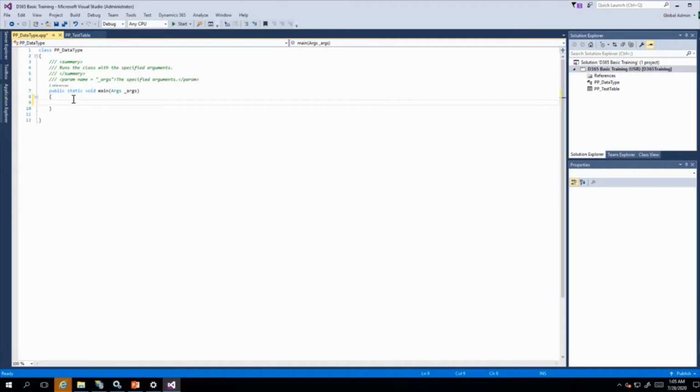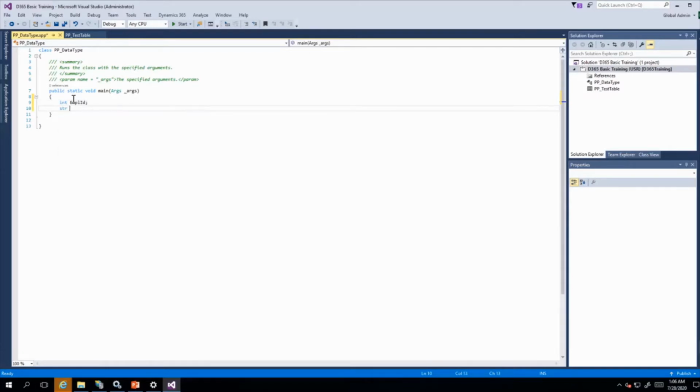Let me declare the variables. To declare any integer, my syntax is int. I need to store an integer value in employee id, so I will create one variable. Another, let's say I have to store the name.